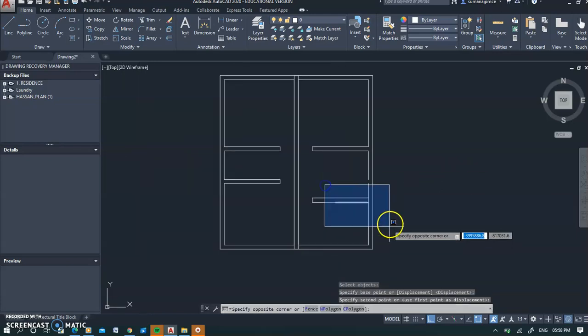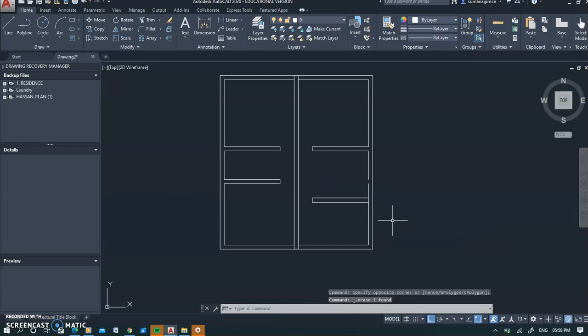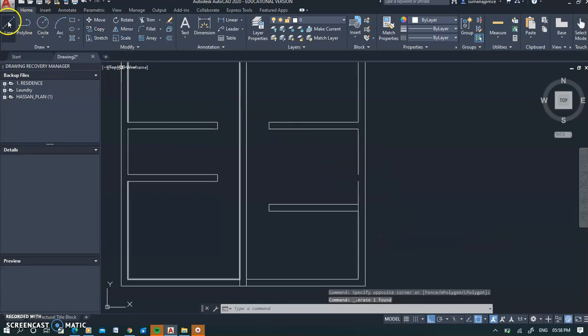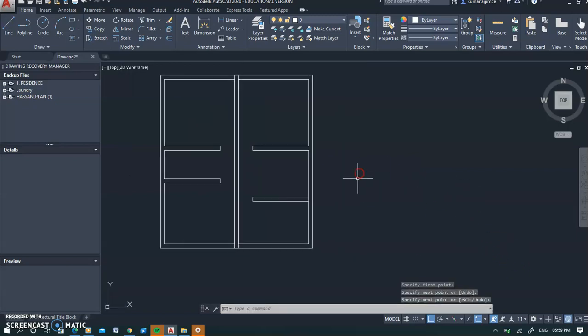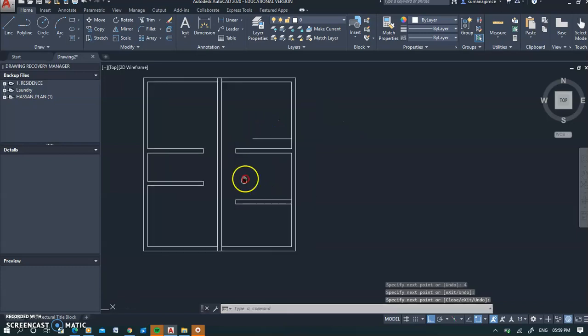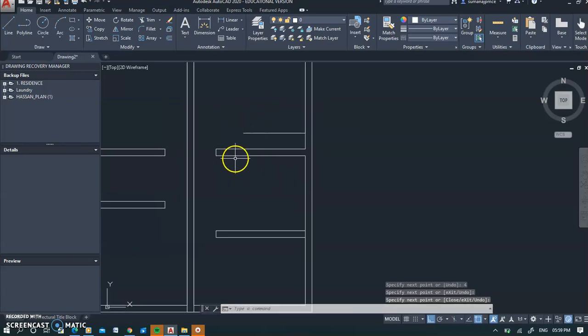Okay, and I can delete that line actually which I drew first, like this, by selecting it with the blue window. Okay, and I can fill up this wall like this. And now I want to move this wall also, so that will be the kitchen. Let's say I'll just draw a line from here. Let's say at 4 meters I want to stop, and I'll just draw a guideline. Now 4 meters clear, that means I must move this wall